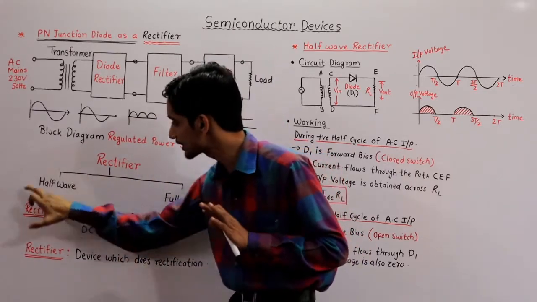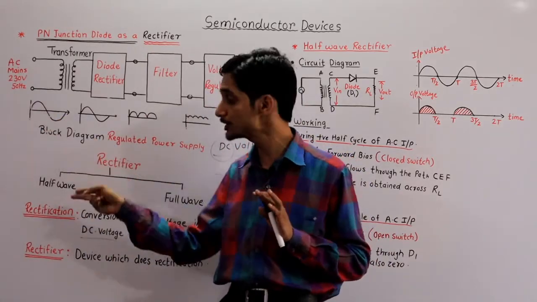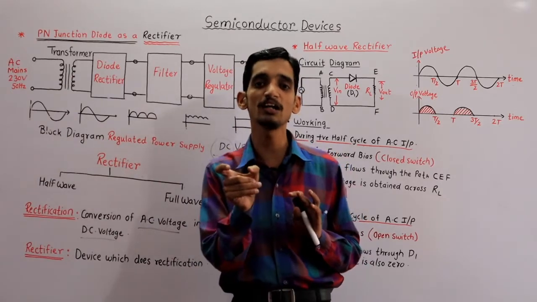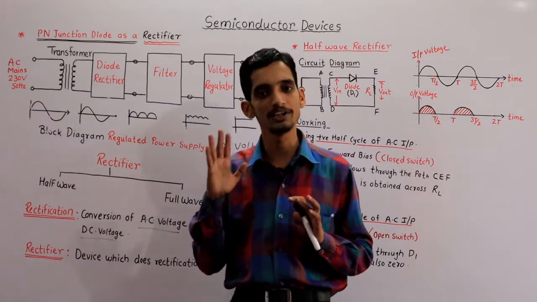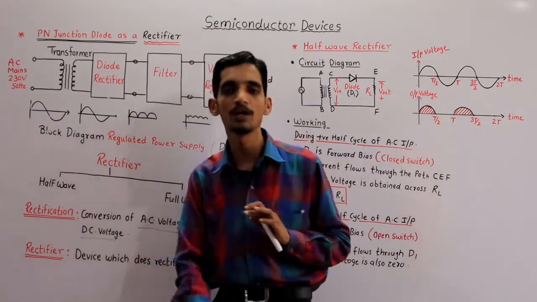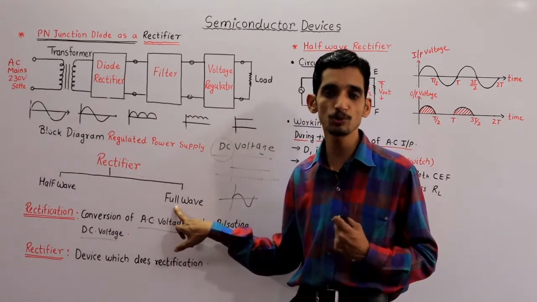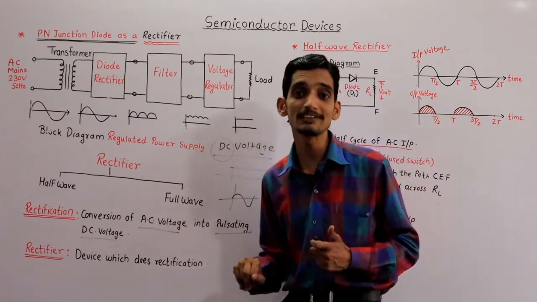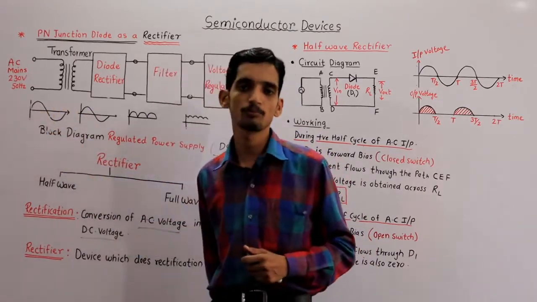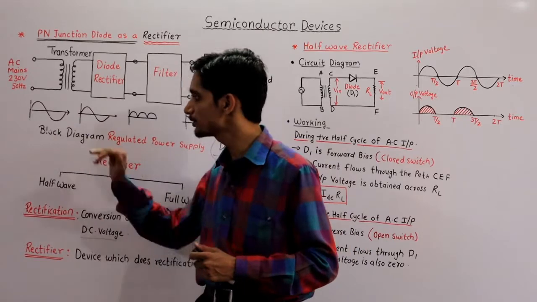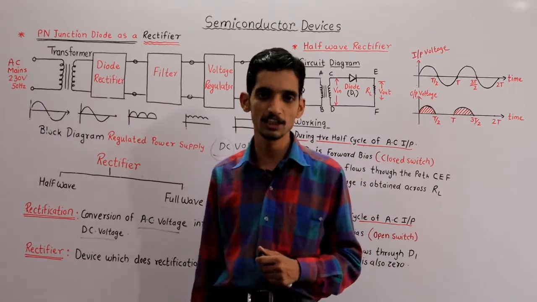That's why that rectifier is called half wave. Half refers to which portion of the input that rectifier will respond to or utilize and convert into DC. That's why this is called a half wave rectifier. There is another type, the full wave rectifier. Full wave means that rectifier utilizes both the cycles of the AC input voltage. It utilizes the positive half cycle and also the negative half cycle. Both cycles are rectified in the case of a full wave rectifier. That's why this is called a